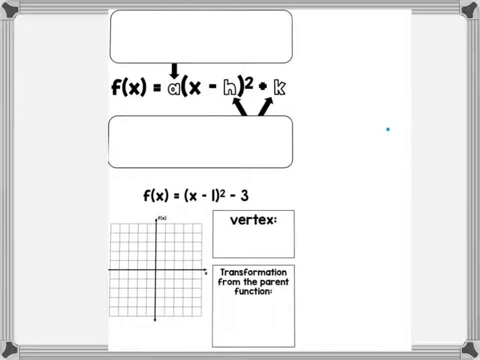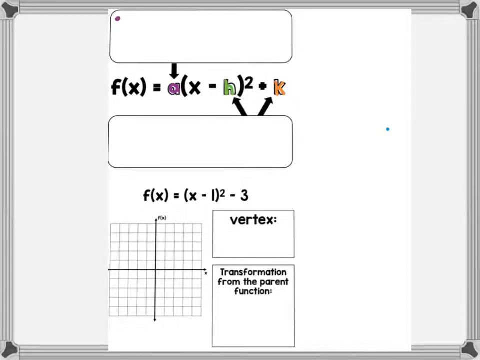We are going to be doing quadratic function transformations, and today we're going to be looking at it in vertex form. And so each of the pieces, the A, the H, and the K, are going to tell us something. And so we are going to go through each of the pieces one at a time. So first off,